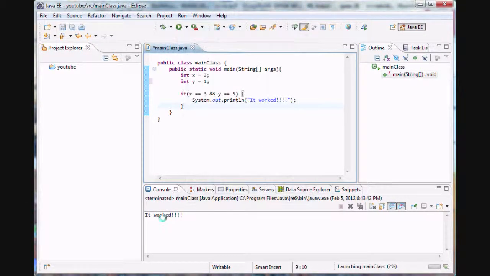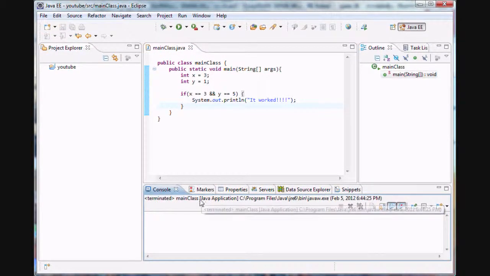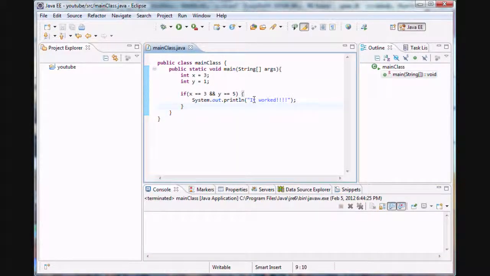Let's see, and we get absolutely nothing. Sad occurrence, but nope. We don't get a little "it worked" message. Well, it actually did work, but we just didn't get that message. But anyways, there's also this